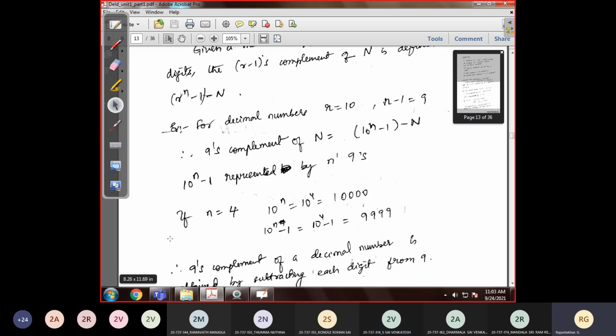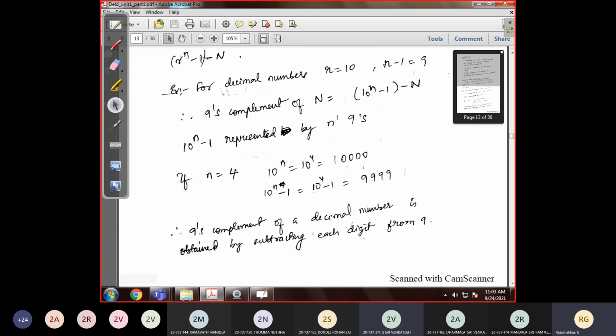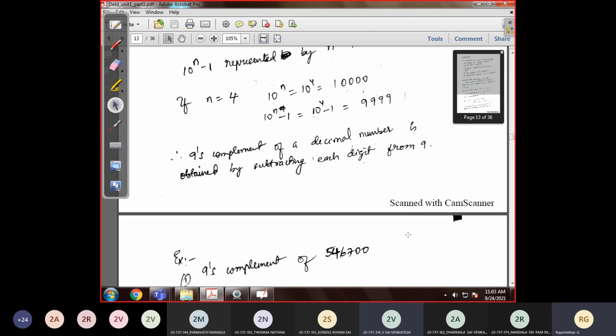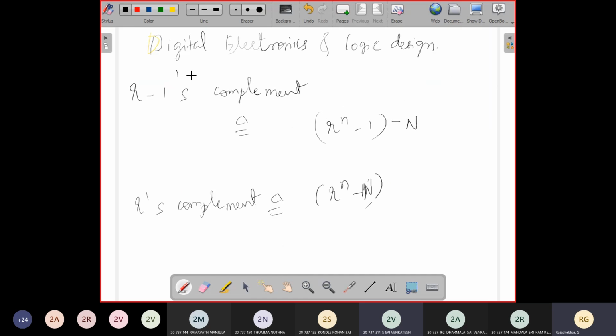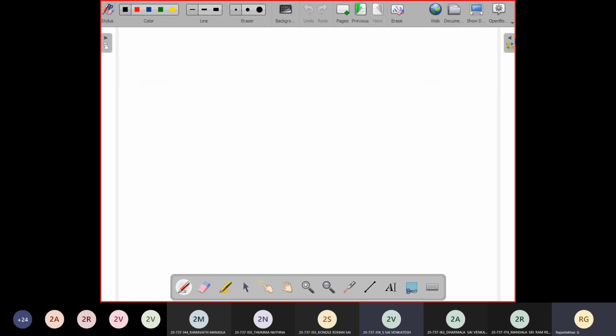Okay, as an example, the 9's complement of a decimal number is obtained by subtracting each digit from the number 9. So as an example, let us consider how you get the 9's complement of 5, 4, 6, 7. By definition, if you consider the r minus 1's complement,